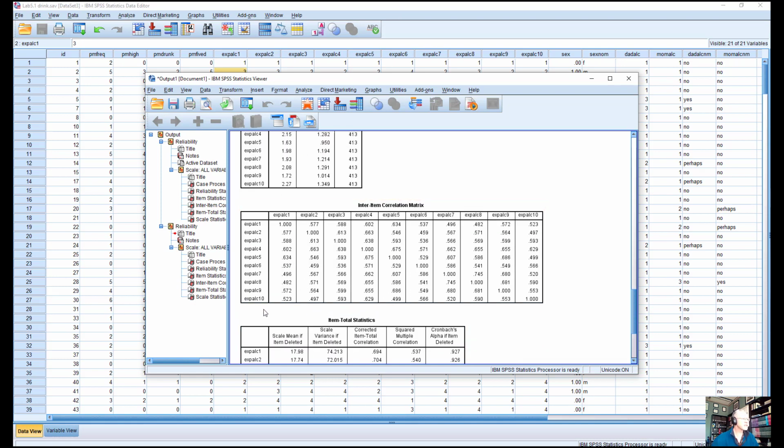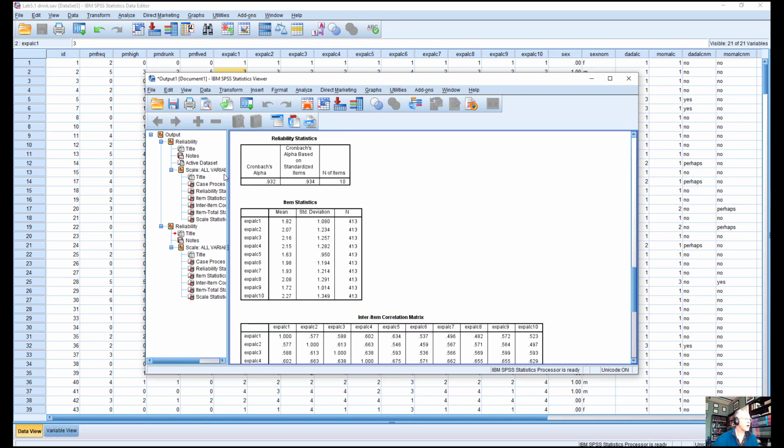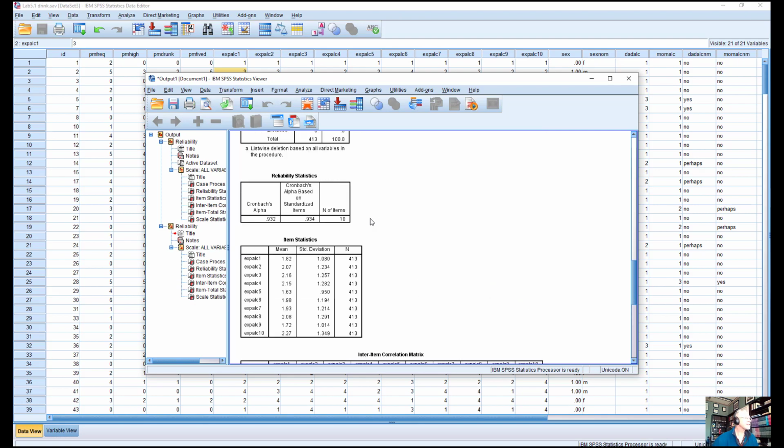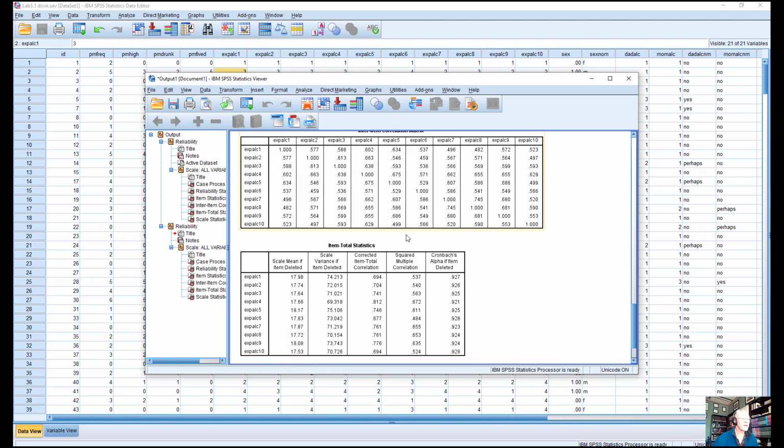Here's a correlation matrix. Correlations aren't quite as high, but they're still strong. A correlation of around 0.5 is considered strong. So all of these are rounding to 0.5 to 0.6s, and all the correlations between the items are pretty strong. So our Cronbach's alpha does really well, and let's see, it's a 0.93.